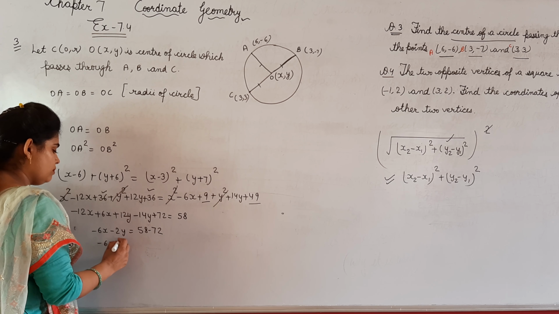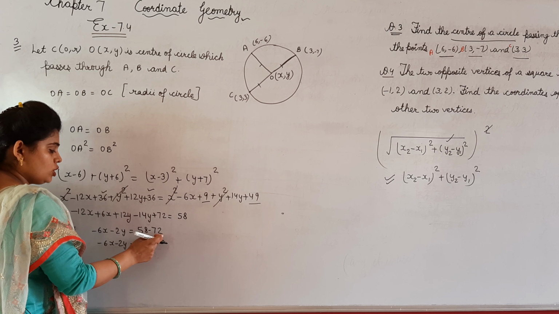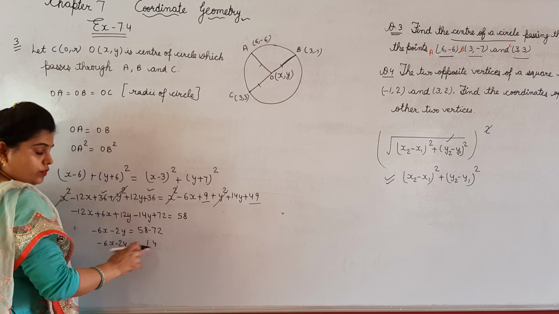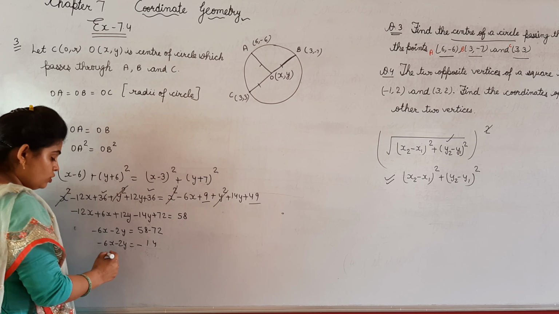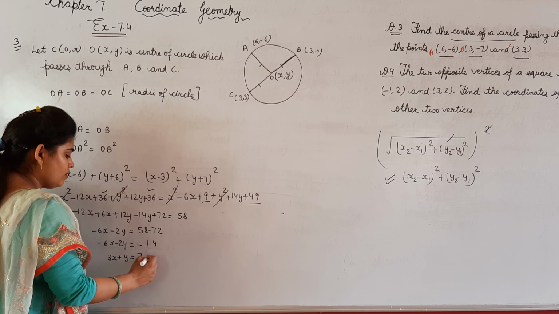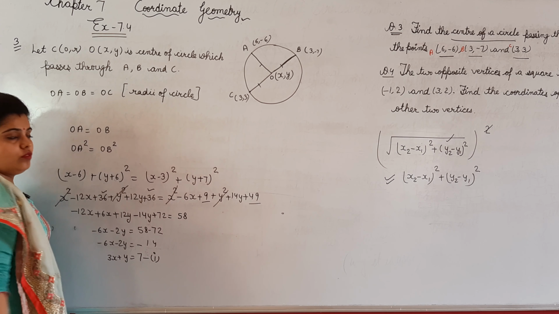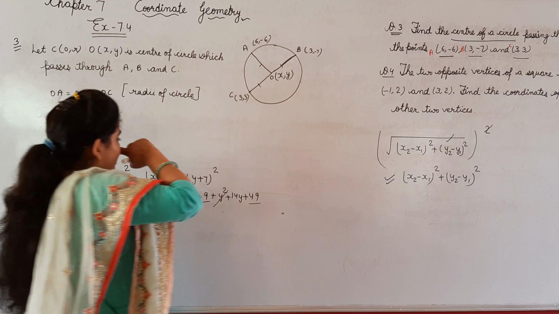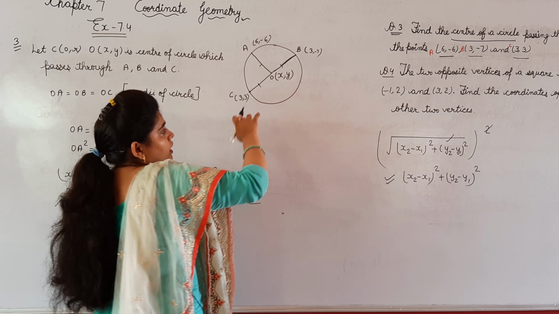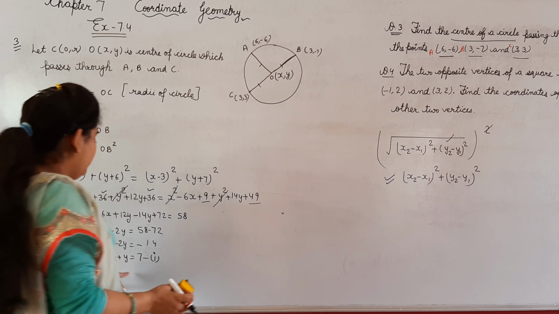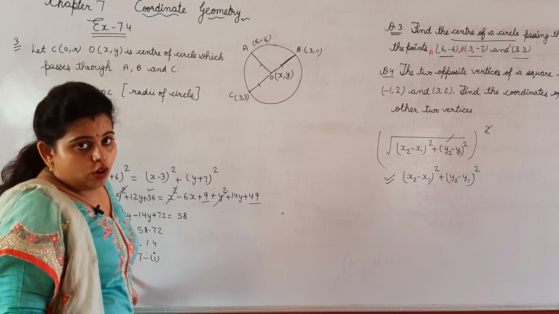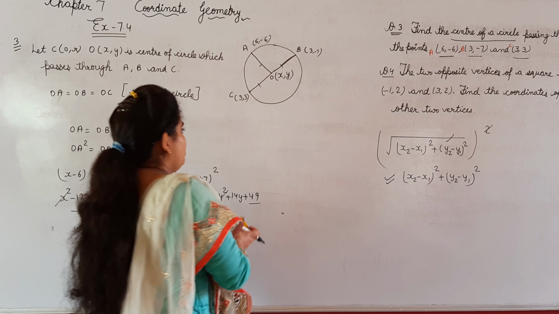Now on solving these we will get minus 6x minus 2y, 58 minus 72. Minus 6x minus 2y minus 12 minus 8, 4. 6 minus 5, 1. We can take minus 2 as common, then what we will get? 3x plus y is equal to 7. This is our equation number first. Now we can take OA and OC, or OB is equal to OC, then we can get another equation. So after getting second equation, we can solve these equations for x and y.